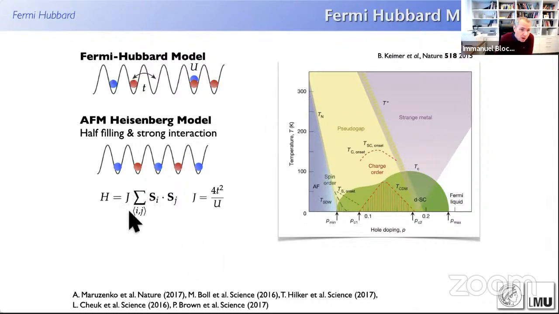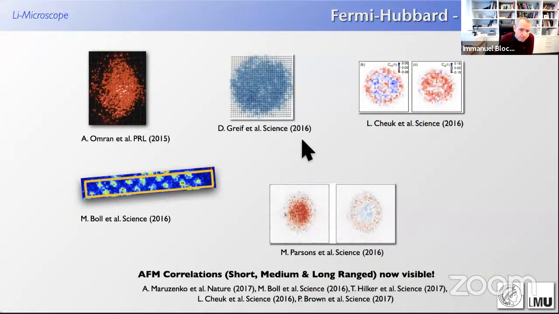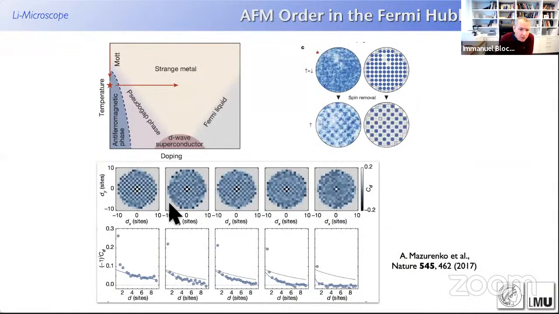If temperature is lower than J exchange, then we enter this antiferromagnetic phase here. So if the temperature is low enough, you can indeed see that you get this beautiful antiferromagnetic ordering in the system. Now, one problem with this detection method is that if you were to dope the system with holes, if you were to introduce mobile holes into the system,